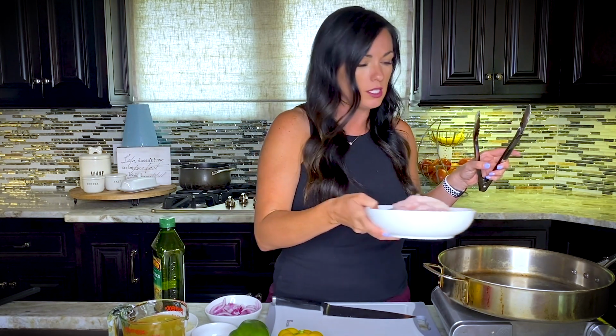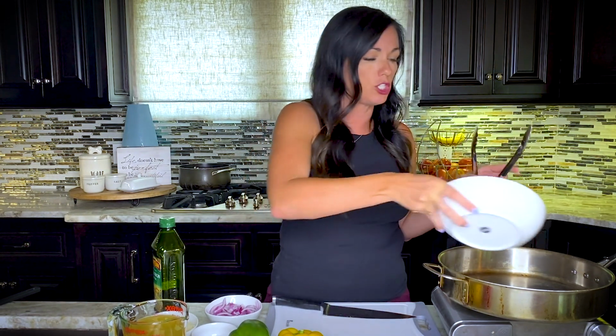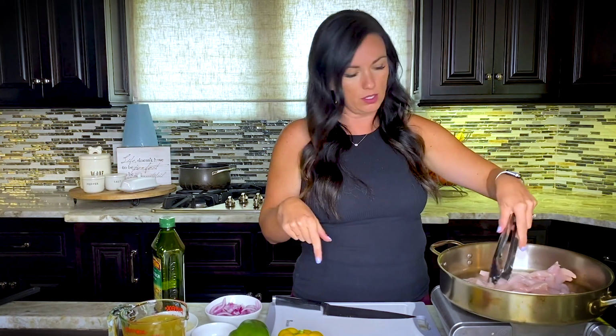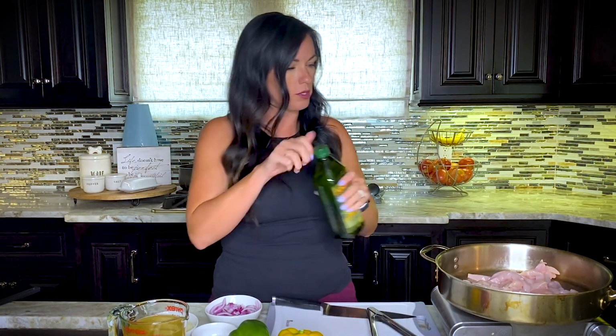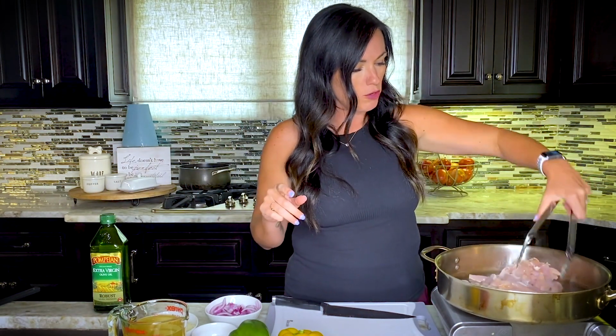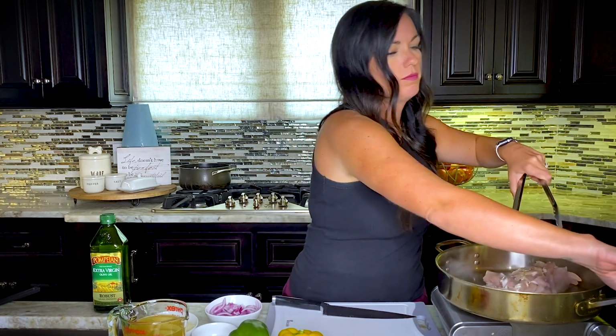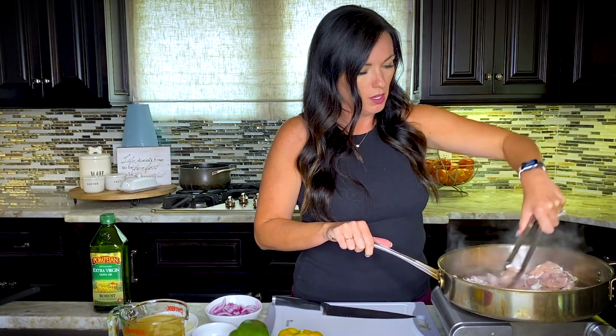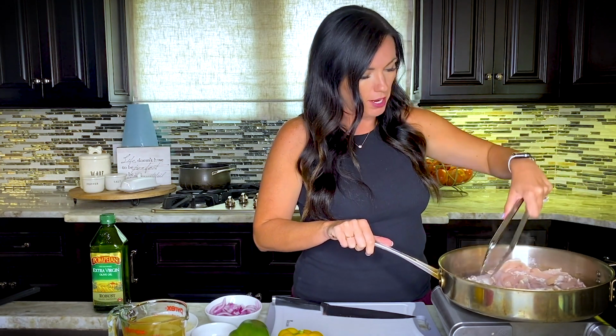We are going to toss in chicken. I have boneless, skinless chicken breasts that I went ahead and sliced up into pieces, and we're gonna get that browning. I forgot the oil in there. That's okay, I'll toss some oil in there with it. A little bit of oil just to get that chicken moving. I like to cook in this big skillet, but you do you, boo, okay? So we're gonna let that spread out and let it get browning